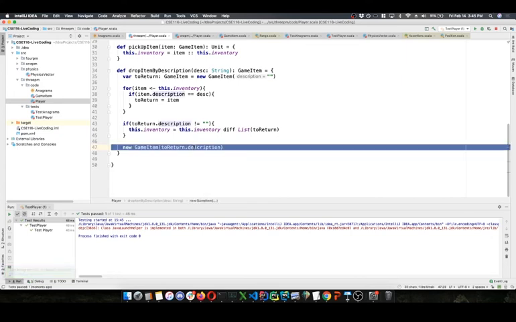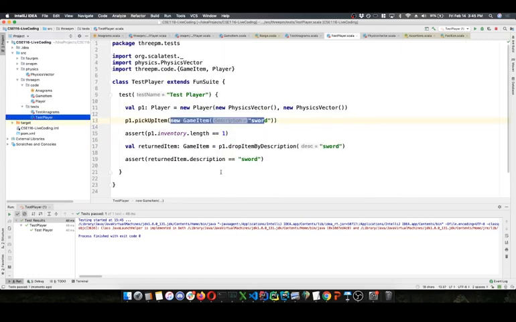So this is wrong. We can't do this. We can't return a brand new item, create it out of thin air, and just give it the same description and return it. I mean, we can try, but it's not really the right thing, not the correct thing to do for this problem statement. But how do we test for that? How do we make sure that we're not doing that in our test suite? How do we check for that?